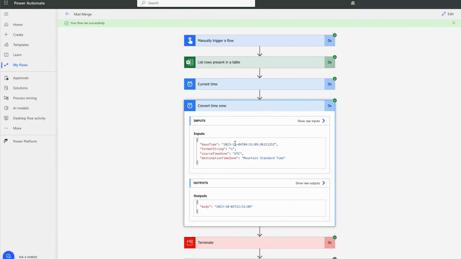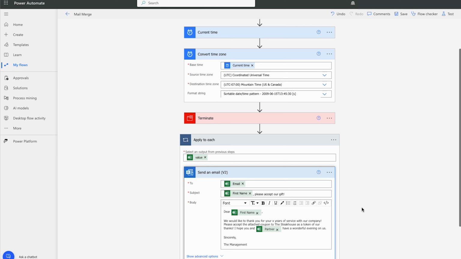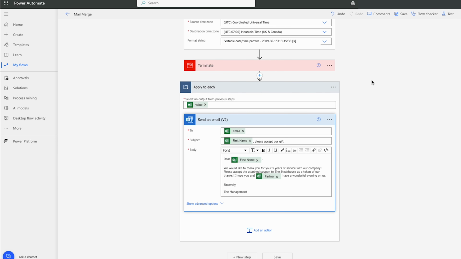So we go to convert time zone. You'll notice that it did bring it back at the exact time. It is indeed 22:52 right now where I'm at. So it's pulling in the correct time. What we want to do now is figure out the number of years that the person has been with the company. So before we do that,